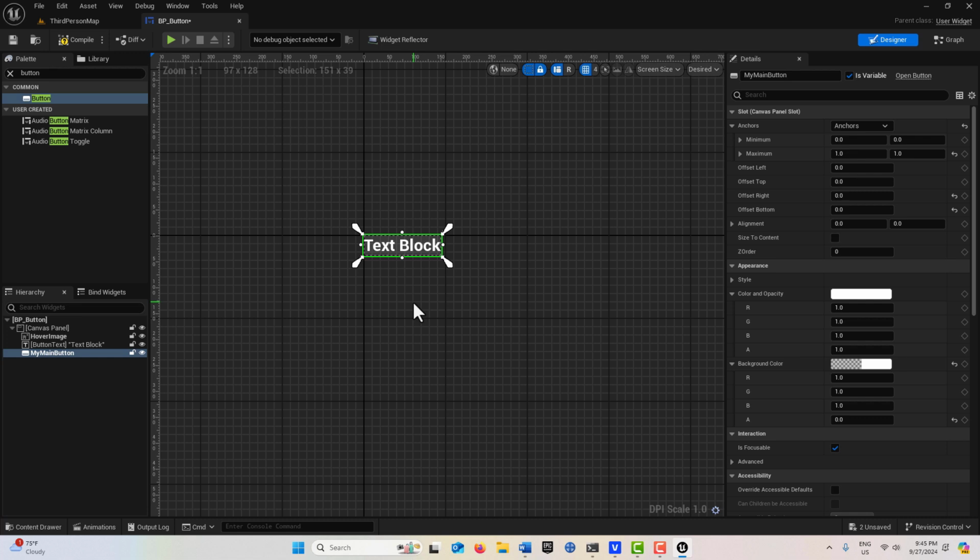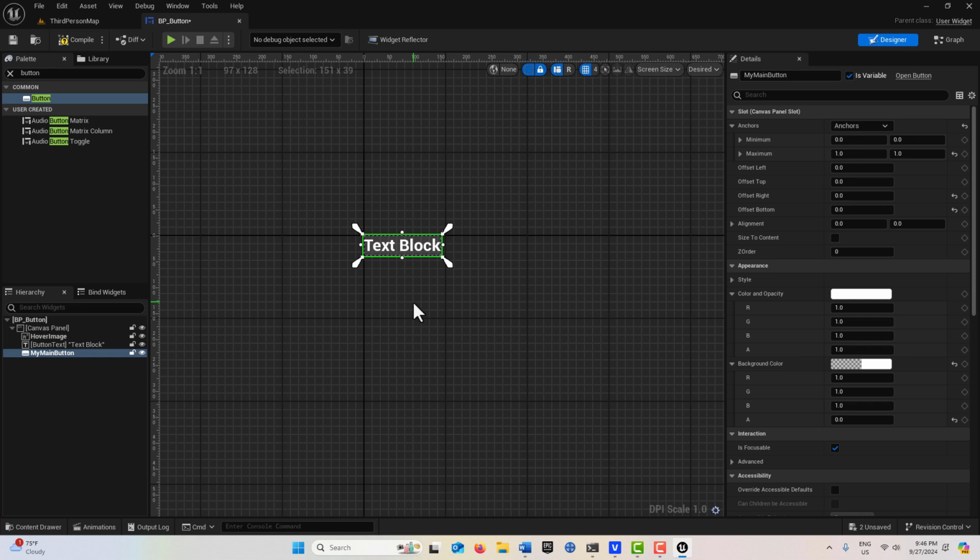So we have to figure out a way to restore that functionality. And that's what I didn't understand for the longest time, and that's why I wasn't doing a lot of reuse of widgets, user created widgets. So the first thing we want to do is actually create some hover functionality, because we're going to lose that